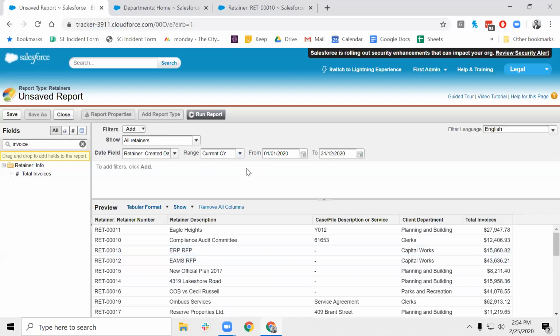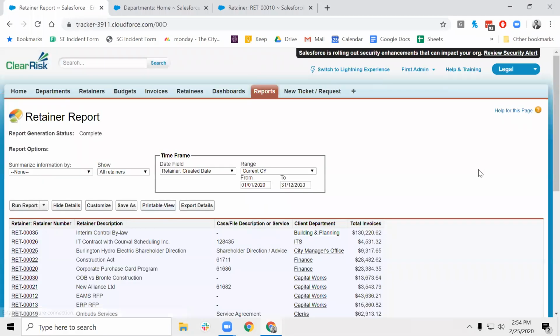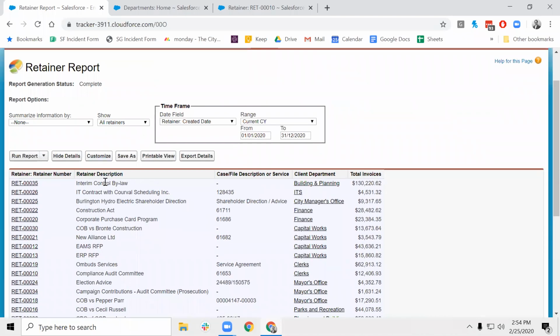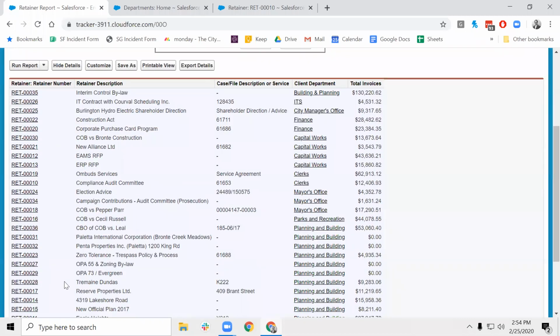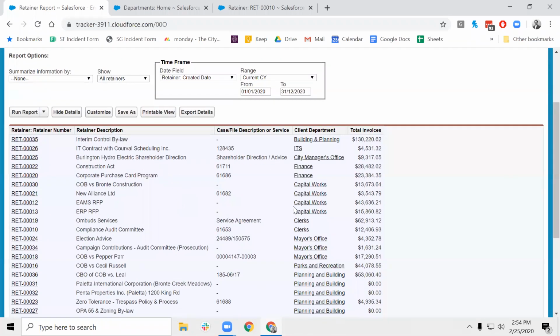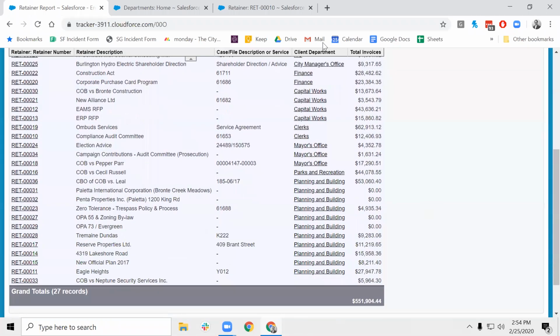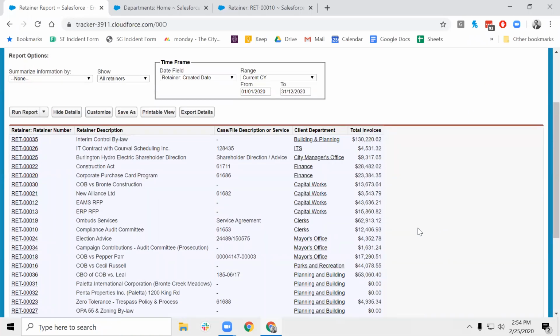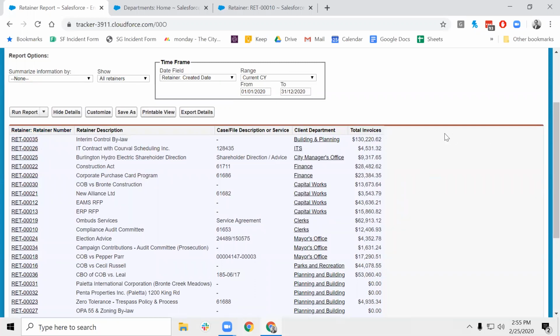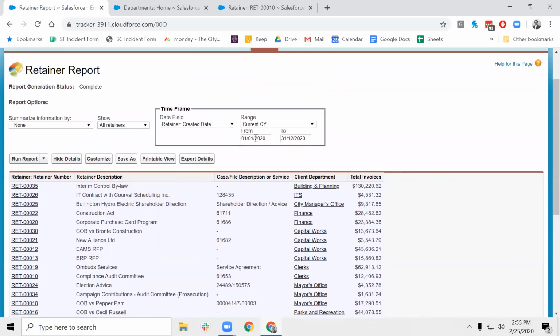So let's just say I'm happy with this. I'm going to go ahead and press Run Report. And this is the report generated, and it's all of the retainers for 2020 and their total invoices. Quick and easy way to just pull out the number of invoices for all our retainers for this year. And that includes all retainers, right? Yep, this is every retainer. There's no filters on this whatsoever other than the year